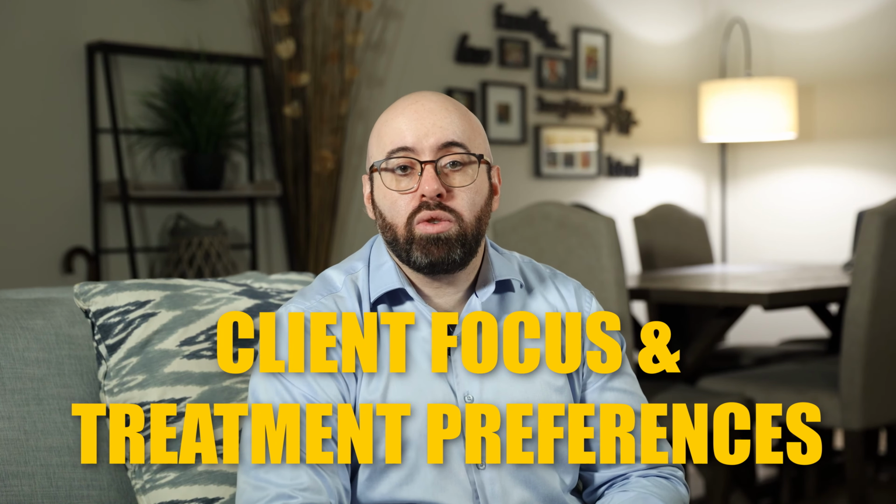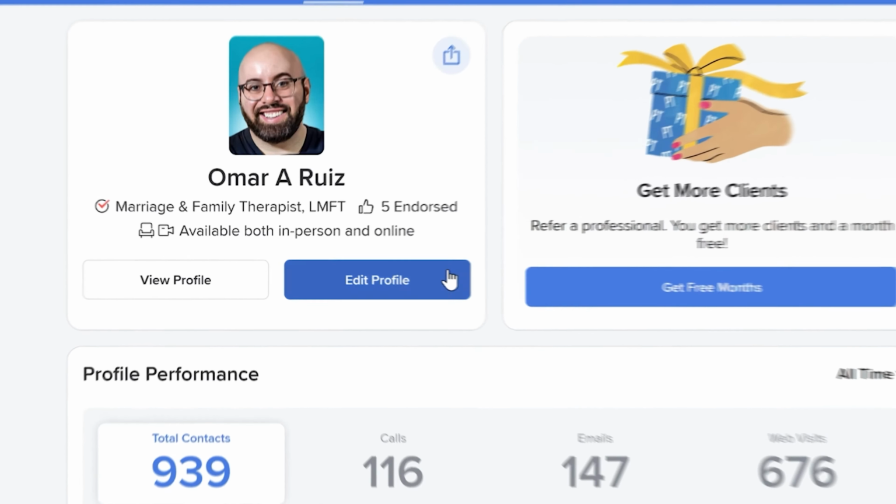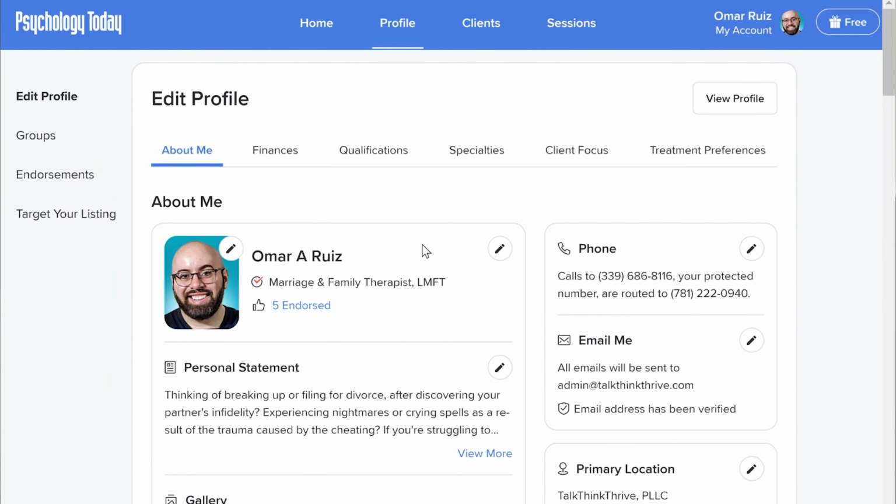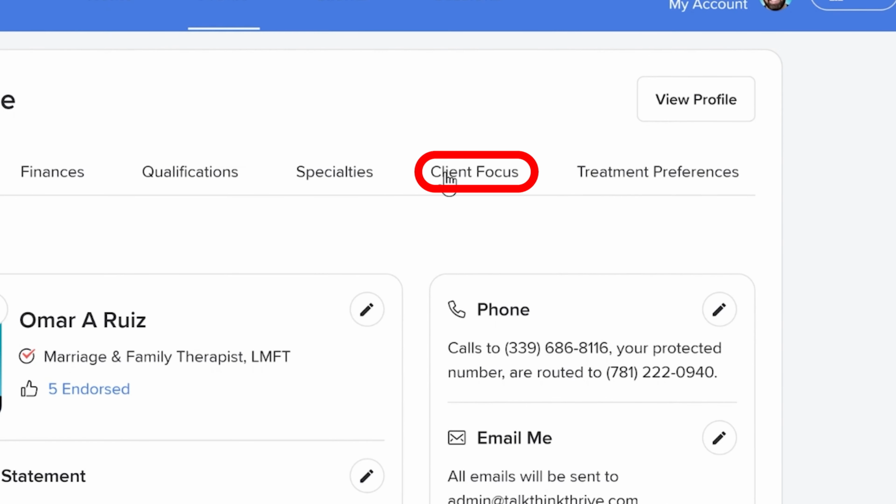In this module, I will cover both the client focus and treatment preferences section. To access either of those sections, you need to first log into your account. Then you will click on Edit Profile. Let's start off with Client Focus, by which you can locate and click on it at the top of the